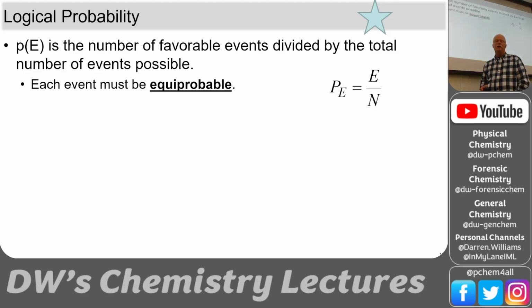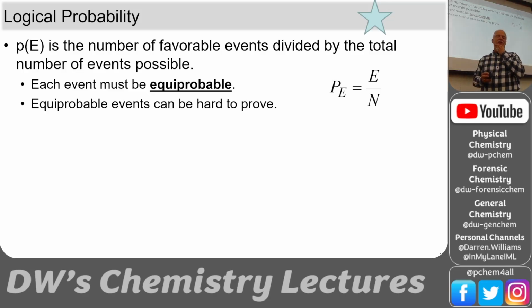Now, there's some requirements. So for you not to be misled, each event must be equiprobable, and that's hard to prove, okay? So equiprobable events, like you can think about all of the strange things they do with the counting of the Powerball or whatever. When they pull the walls out, they have the ball, it's rattling around. They're trying to make it equiprobable. Okay, if they just had the balls all in the bottom and they reached in to grab the top, it's not equiprobable because the one on the bottom is not going to get chosen.